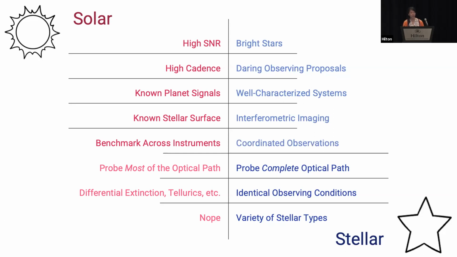And we're benchmarking across instruments with a solar data set right now, but nothing is stopping us from doing a similar thing with other stars if we all decide to be friends, much as we have with the sun. And so this might be another thing we want to work towards as a group. And so really, the sun is a star, something I learned recently at the Sun is a Star workshop at the CCA. And there are many benefits for both sides of the coin.